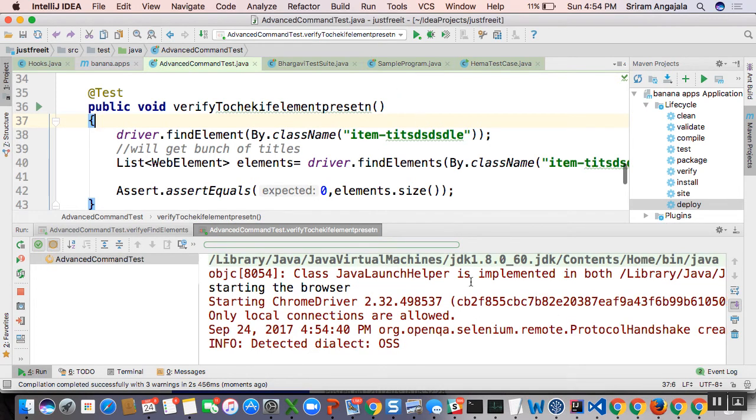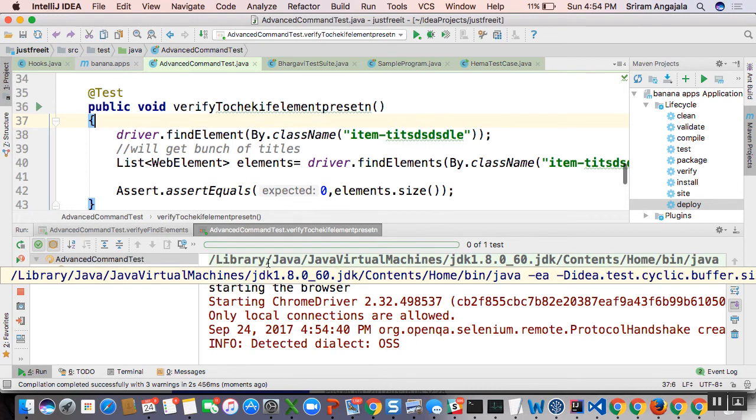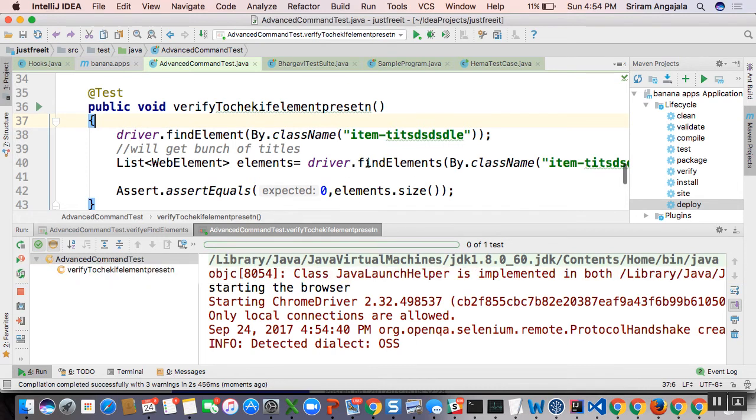Okay, see what happens now. It is waiting for that element to be present, and because this is not matching, it will fail. It will throw an exception, which is not very good, right? You will wait for 30 seconds to throw an exception. But if you want to smartly check whether something is present or not, but don't throw an exception,